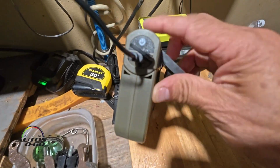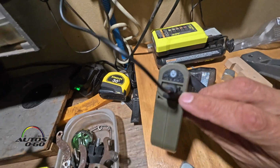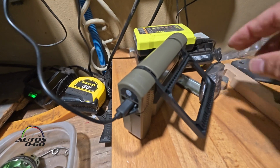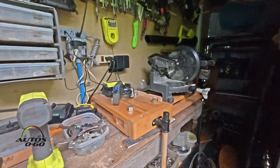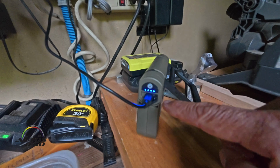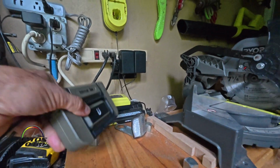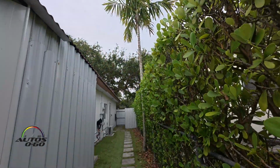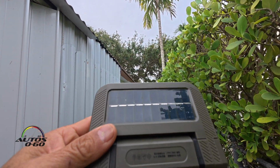So it's charging there, as you can see. It's blinking, so I'm gonna leave it there. I don't know if overnight, but I'll come back and check it. So here we are. It's already fully charged, as you can see there. And that's good because look, it's very cloudy today, so there's not a sun to power this with a solar